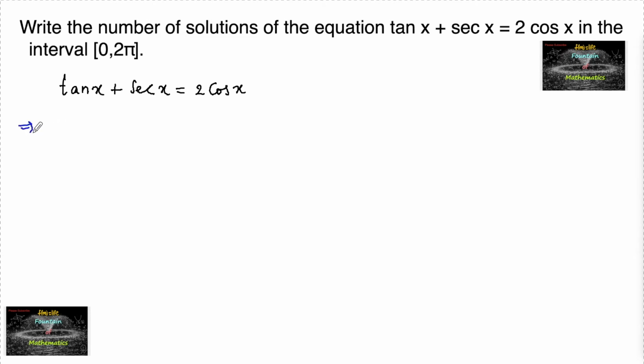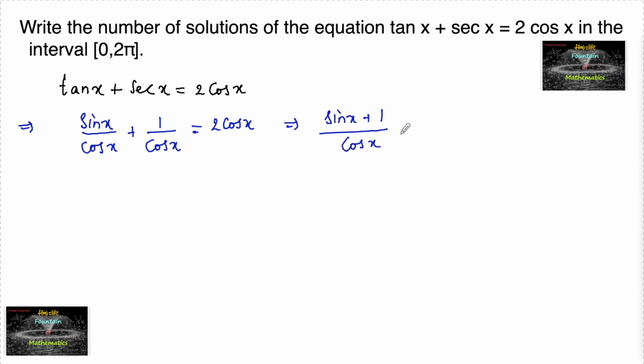So we can write this as sin x upon cos x plus 1 upon cos x is equal to 2 cos x, or we can write (sin x plus 1) upon cos x is equal to 2 cos x, or we can write this as 2 cos square x is equal to sin x plus 1,